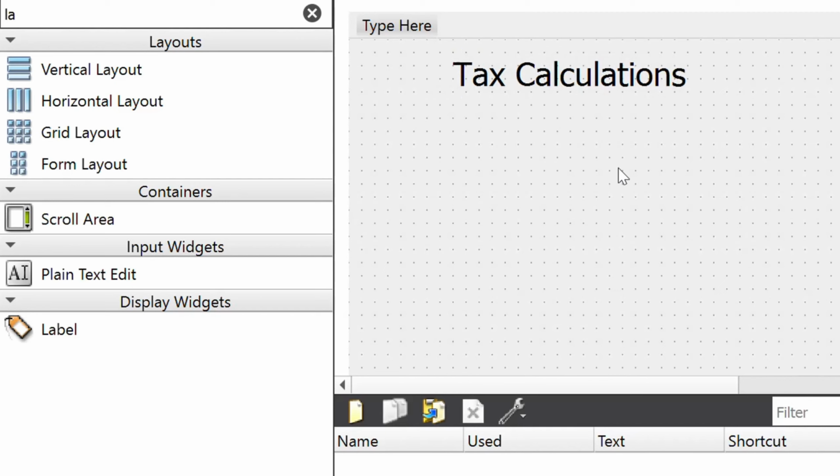I will set it here. So I have to use another label widget. So I will drag it here, and now I will change its text value. So I have to get a value from the user. So I will get the salary. Okay. So here I will type enter salary, and colon. Now I will increase the size of this widget,